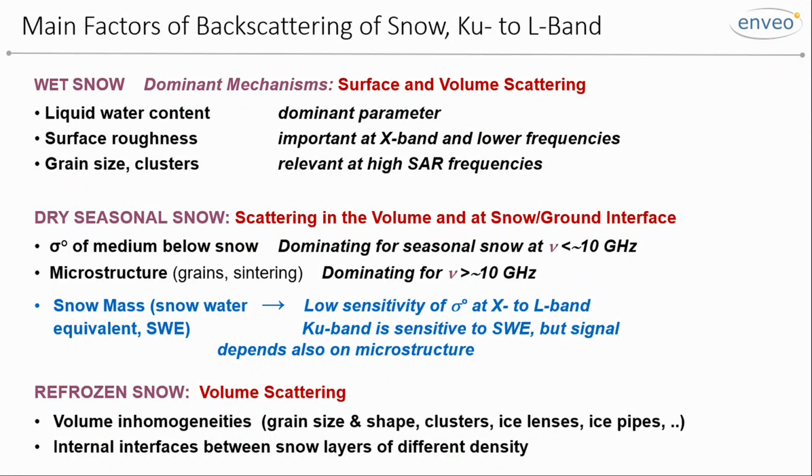And what also happens is, of course, that we have internal interfaces between the snow layers because they can have different densities, for example, there was a melt and we are adding some fresh snow during the winter season. This can also be melting, and then we have this typical stratigraphy. And these internal interfaces are also causing some multiple reflections. So I'm not going into detail, it's a little bit more complicated, you have to account for these multiple reflections between